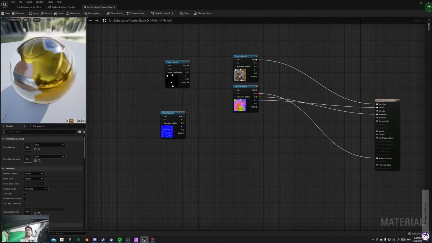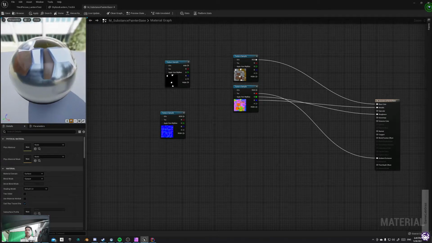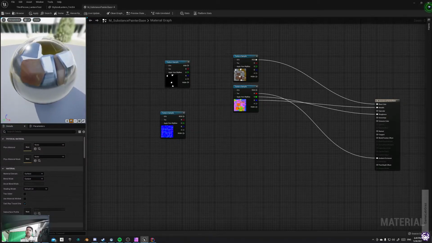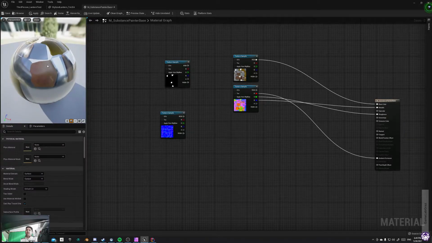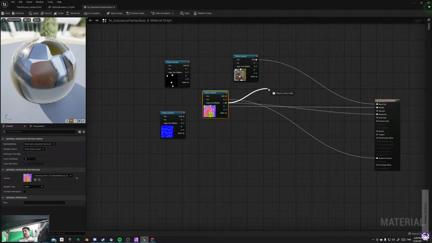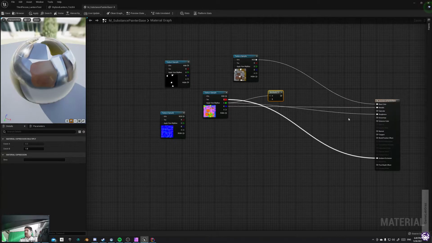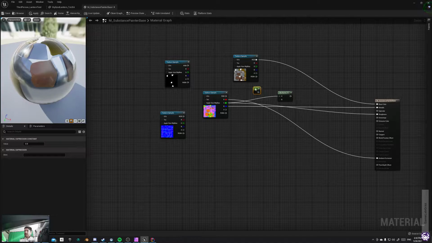You can easily see now our object is reflecting and the metallic part looks metallic. However, the wooden part is also reflecting so much. We should either go to Substance Painter and solve this problem, or here we can take a value from the roughness and multiply it by a value, by holding down the 1 key on the keyboard and then clicking, you can